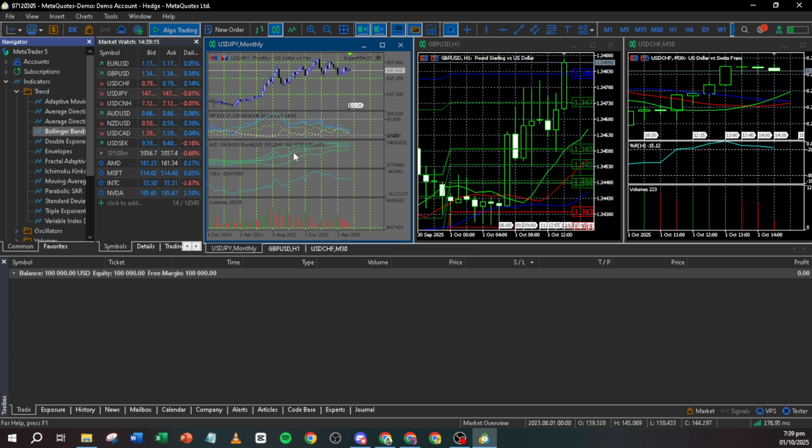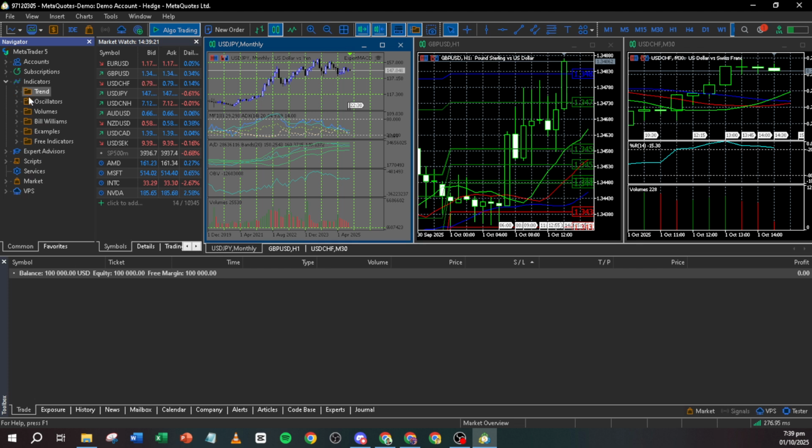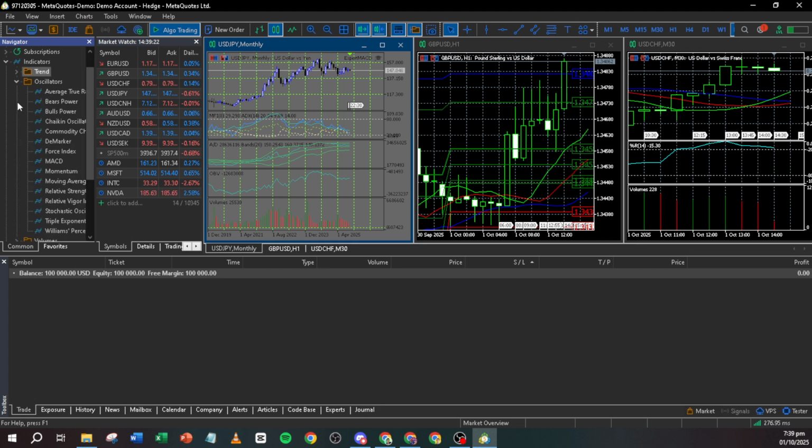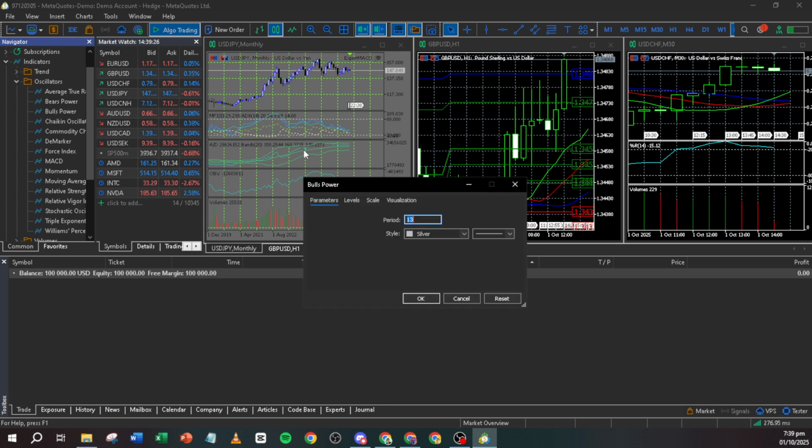By following these steps, you can layer multiple indicators on a single chart, which allows you to conduct more comprehensive technical analyses. Each indicator can display unique insights and patterns that are crucial for making informed trading decisions. And there you have it, a straightforward way to add 2 or more indicators to one tab in MetaTrader 5, enhancing your trading strategy and helping you make more informed investment decisions.